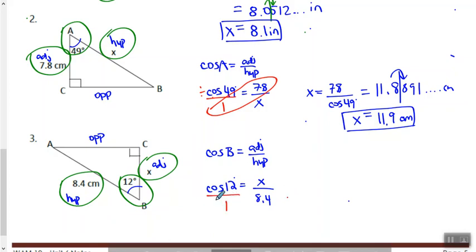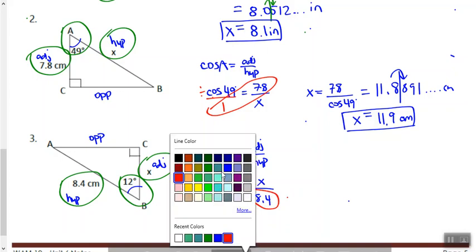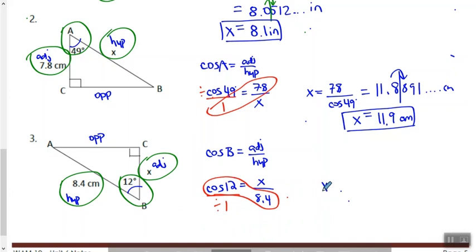Turning that into a ratio or proportion. I will multiply these two and divide by the one across from what I'm looking for. So x will equal cos of 12 times 8.4, divided by 1. So, writing the number first, 8.4 times cos of 12, and I don't really need to write divide by 1 because it's just giving me the same number. So 8.4 times cos of 12, and I get